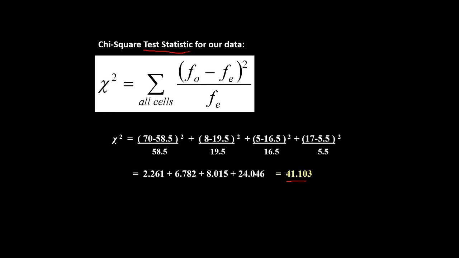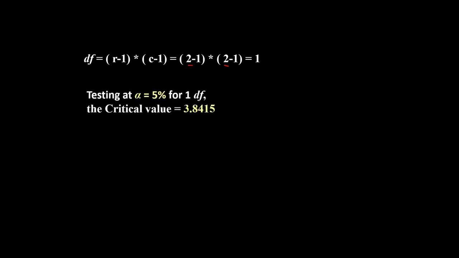The critical value you can get from the table. Calculators and Excel spreadsheets can calculate those numbers. In this example, the degrees of freedom would be 1 because it has 2 rows, 0 to 1 car and 2 or more cars, and 2 columns, small family and large family. With 1 degree of freedom and 5% alpha, which is very commonly used, if you check the stats table from any stats book, you will see the critical value is